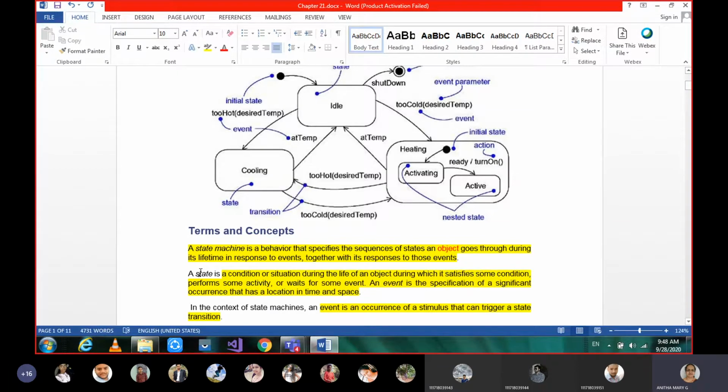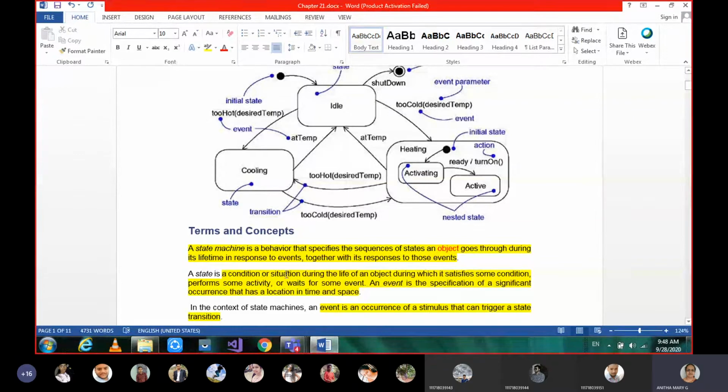Okay, so the next one, state. State of an individual, like you. You are a student; in your lifetime, in this slot your role is as a student. That is one state of yours. Similarly, an object also has states.